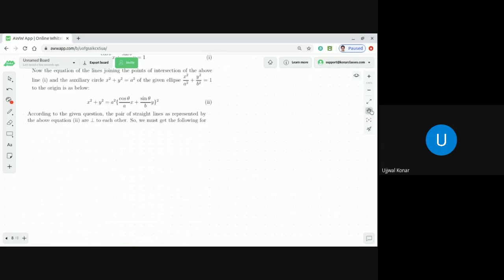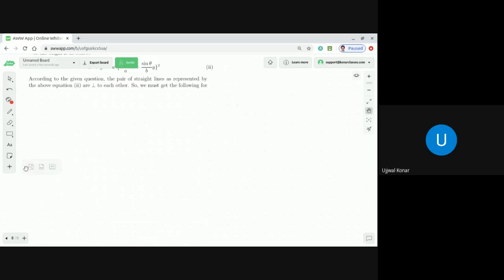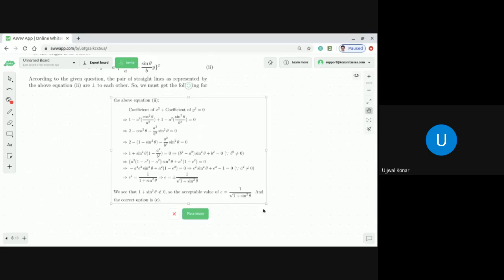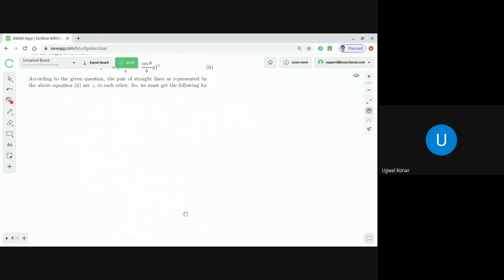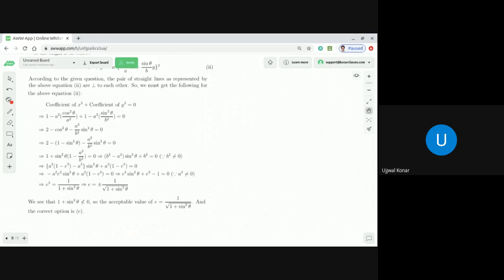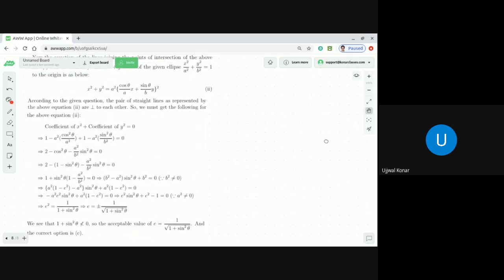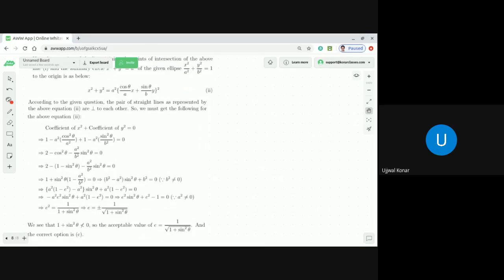Okay, so let me pull the solution properly. So now coefficient of x square plus coefficient of y square of the pair of straight lines as represented in equation number 2 should be 0. That means cos square theta by a square, coefficient of x square that we know, 1 minus a square by into cos square theta by a square plus 1 minus a square into sin square theta by b square is equal to 0. And from there we found the value of